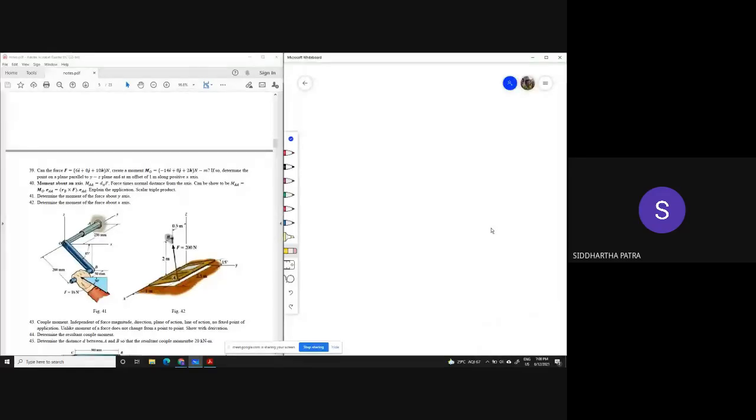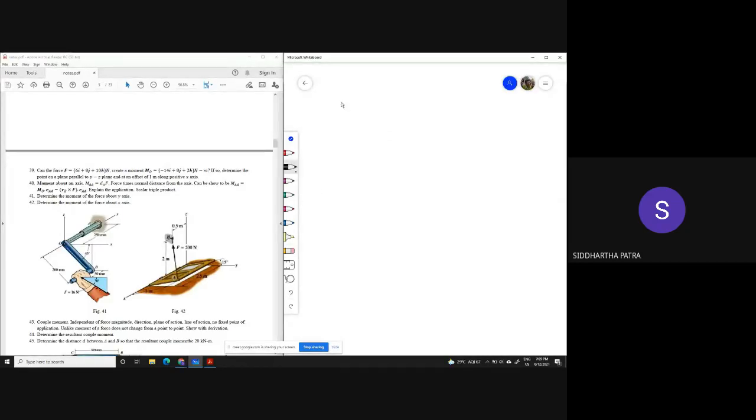Okay, so today the first set of problems that we will do are based on moments about an axis, and we discussed in detail what we mean by moment about an axis. Essentially, you are supposed to find out the normal distance to the force, but then from the axis. Okay, so you need to identify a plane, but then